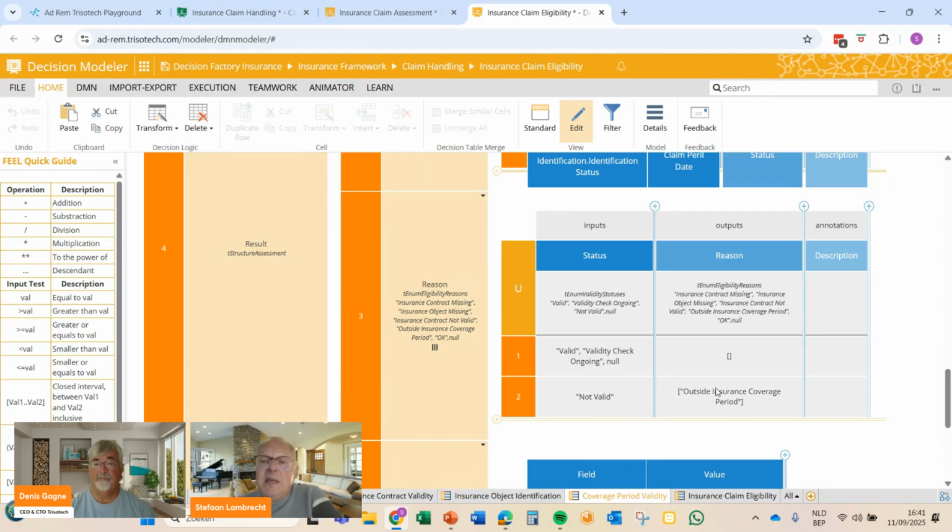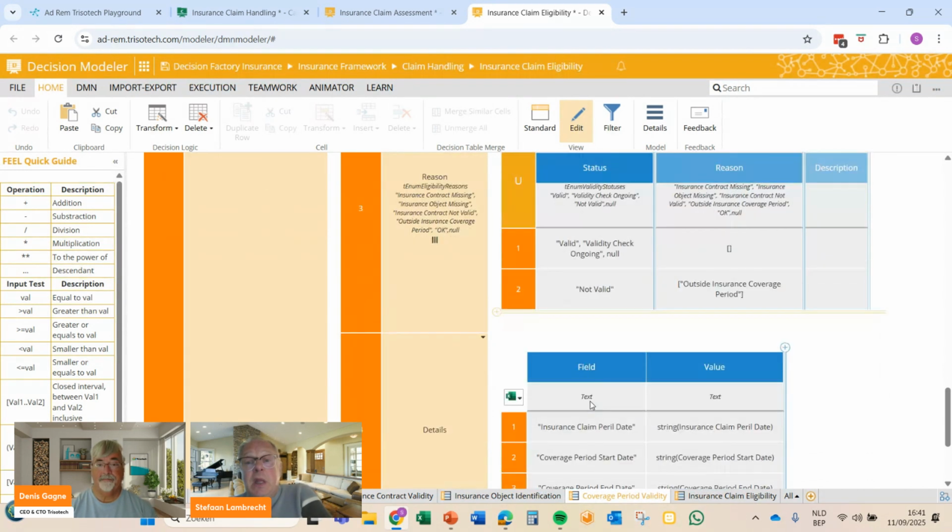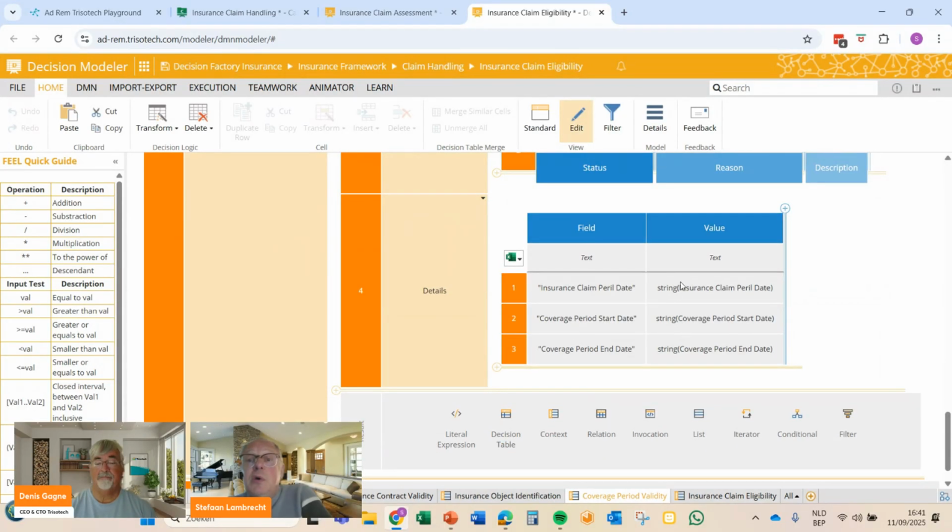And this message, outside insurance coverage period, is a message that you would get if there is no validity. And we will also give some explanation why it is not valid. So, for instance, here we will explain in the details that the peril date is this one, and the start and end date of the coverage period is that one.